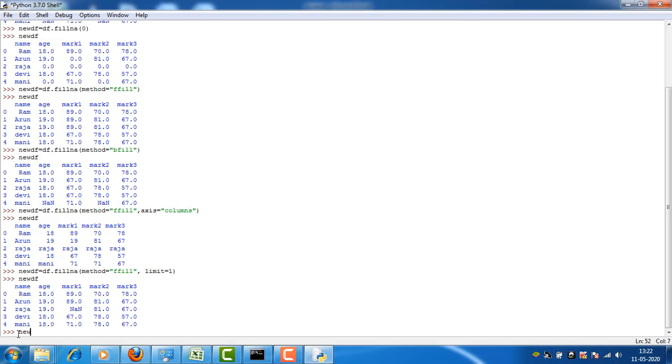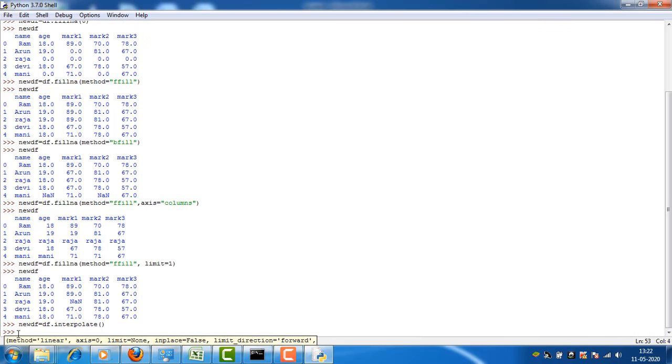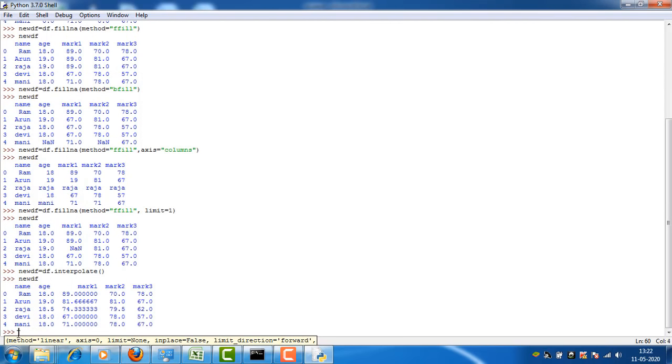For example, new df is equal to df dot interpolate. So new df. Now the missing values are filled by the intermediate value from the previous and the next values. By default, linear interpolation is performed.